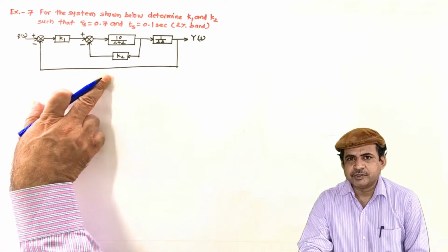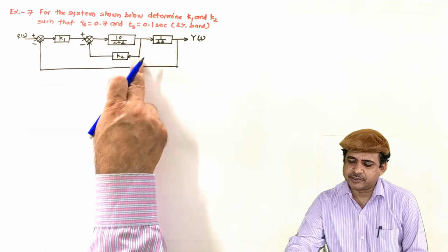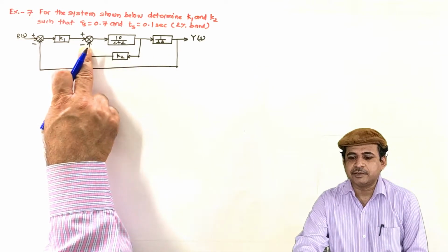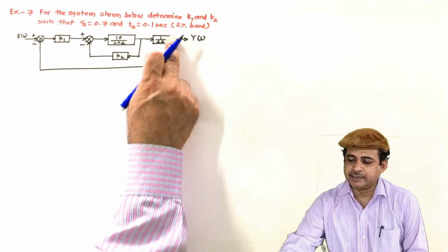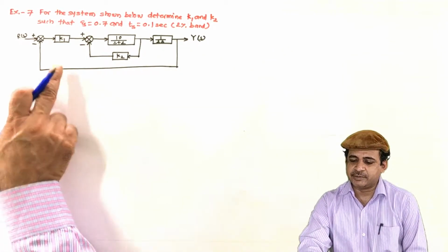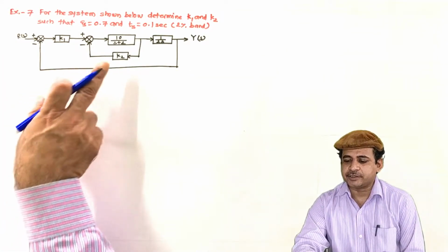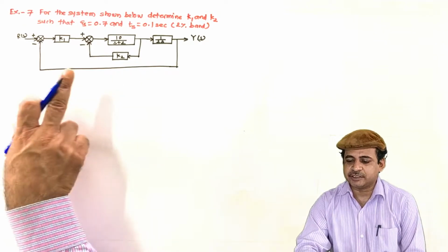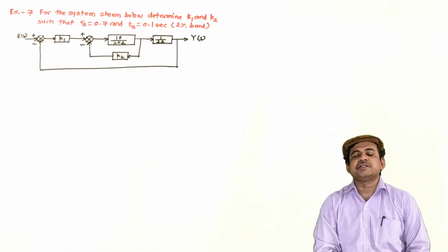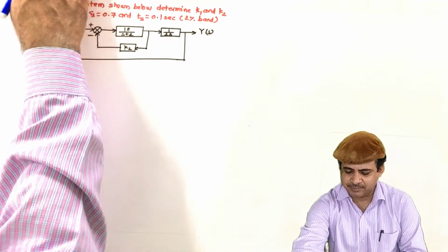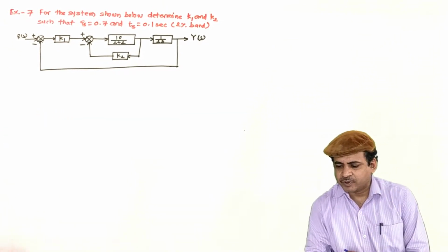Now this is a system. In general, this is the specific system where the feedback is given, and this can be some amplifying kind of gain, and this is the integrator. So this system is implemented in feedback, and we want its time response such that damping factor zeta is 0.7 and settling time for 2% band is 0.1 second. This is our requirement. It is a faster settling time, so this might be an electrical or electronic system.